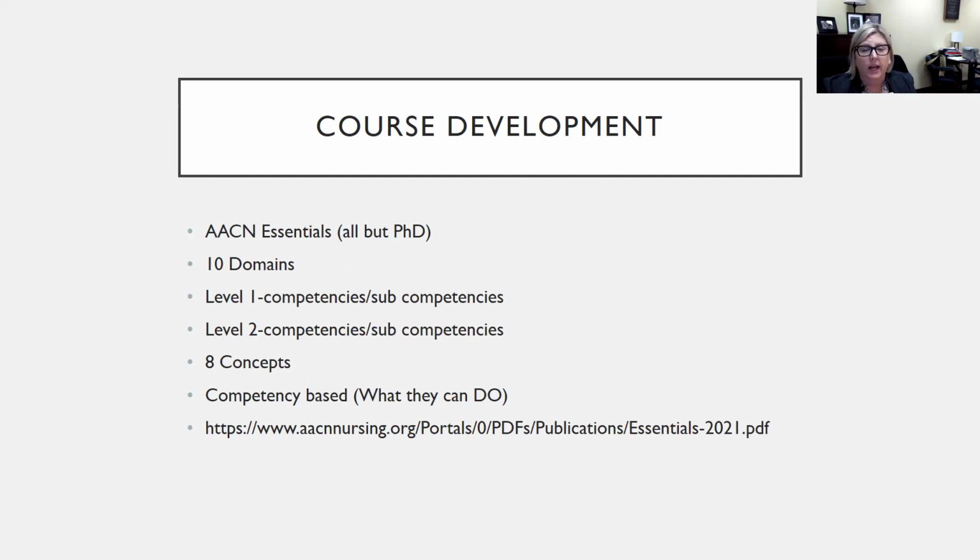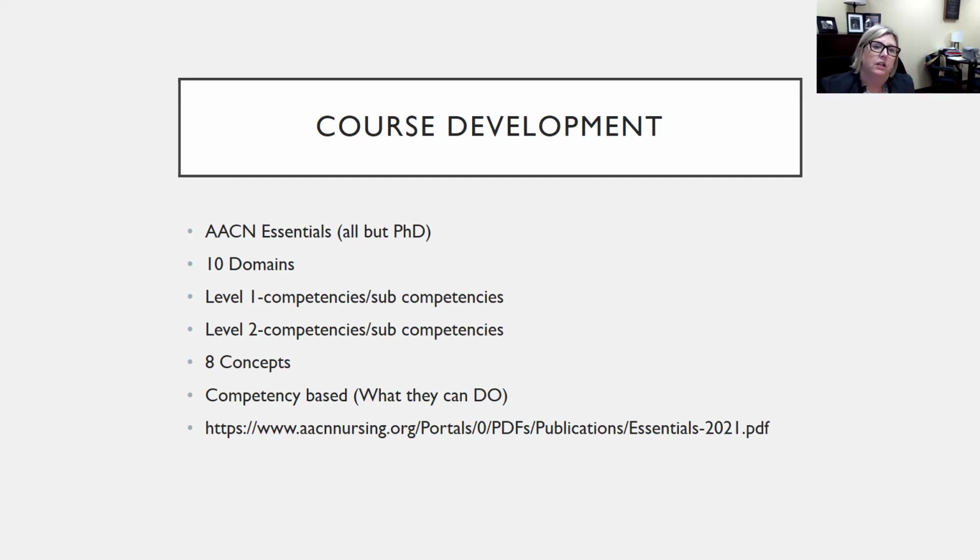Now, we have to fit curricula into our essentials. Remember, you're designing a course that would fit into our curriculum here at WVU. So we are required to use the AACN Essentials for all of our course outcomes. We used the essentials, as I talked about, when we rewrote the mission. We've looked at them with our program outcomes, and now we need to align them with our course outcomes. If your course is in a PhD program, you don't have to do that. But I would actually challenge you to make this either an undergraduate course or graduate course, not in the PhD program,